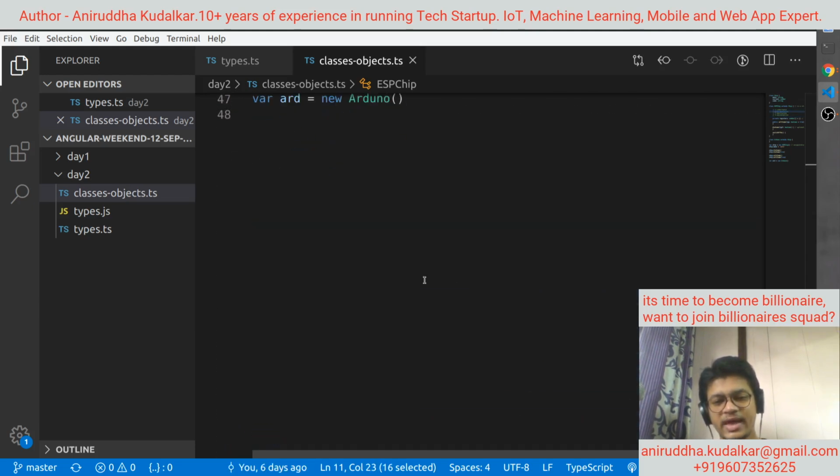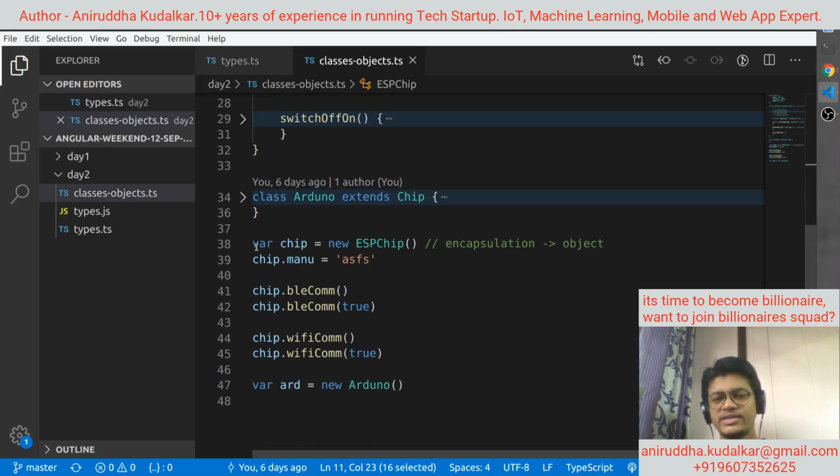What do you mean by encapsulation? For that we have created this object. So chip equals new chip. The real memory footprint is nothing but the object. new is going to allocate memory dynamically, and this is called the constructor. The function which is invoked at the time of object creation is nothing but the constructor.